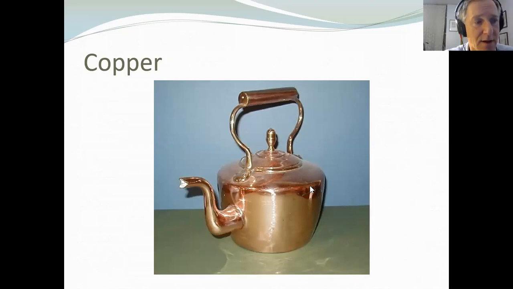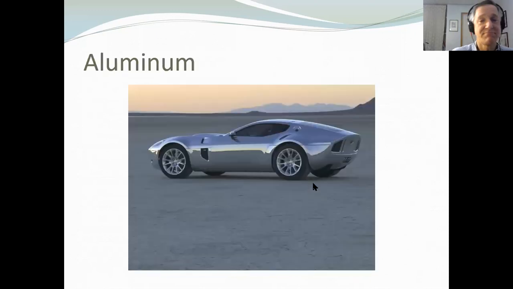Okay, then we look at aluminum, and in my world, everything would be made out of aluminum. There's very few downsides. You get this oxide coating like with copper, so it doesn't corrode. It can be very strong. It can be very beautiful. It is very light. It's recyclable. There's just all kinds of good things with it. It doesn't burn. At low temperatures, it behaves nicely. But the problem is it's expensive.